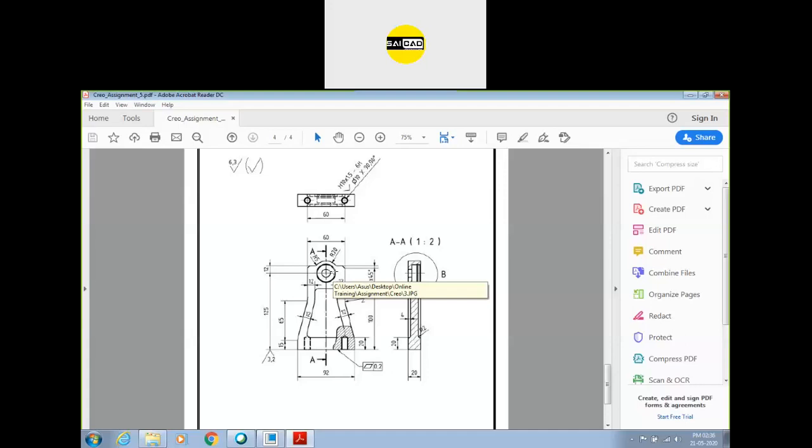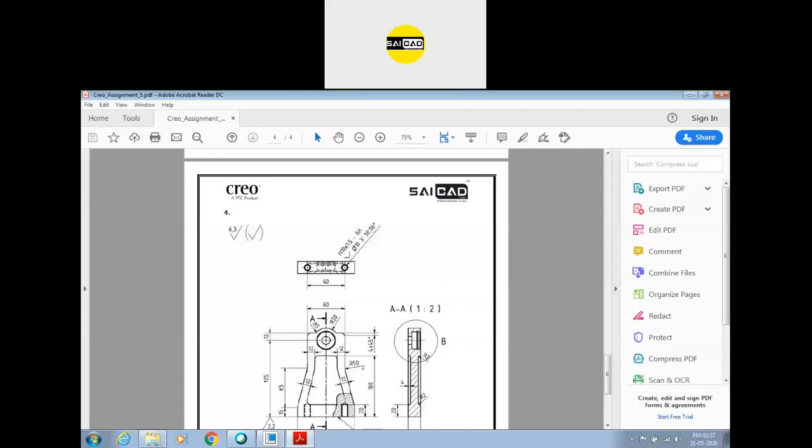Sir, the main difference between both is from where we are seeing the object. In the first angle, we are seeing from the right, but in the third angle, we are seeing from the left. The difference is only in the views.